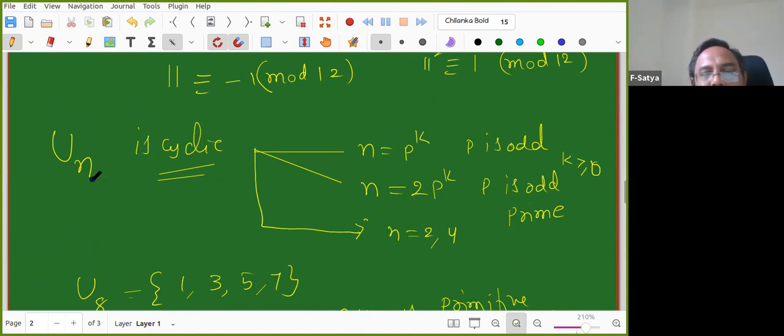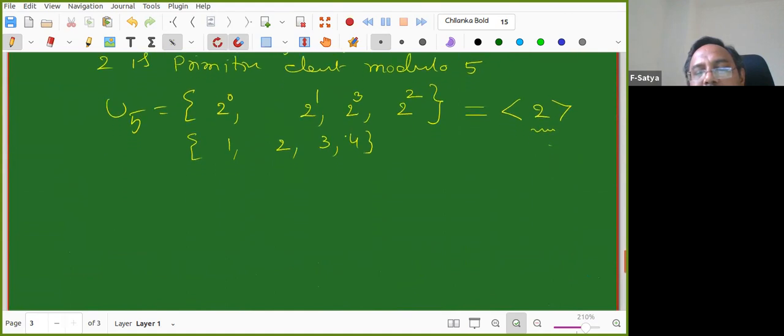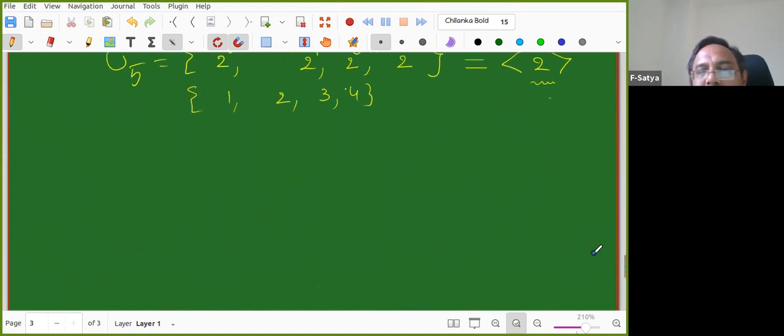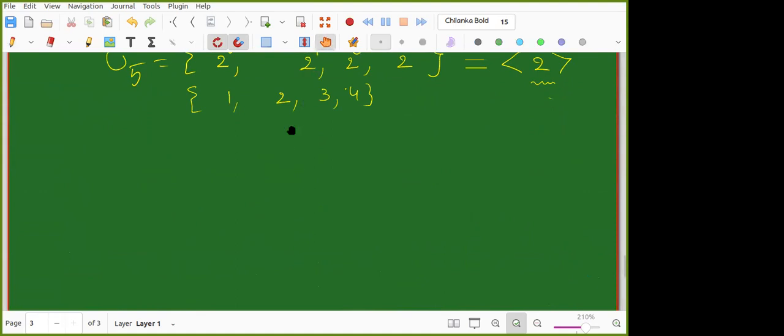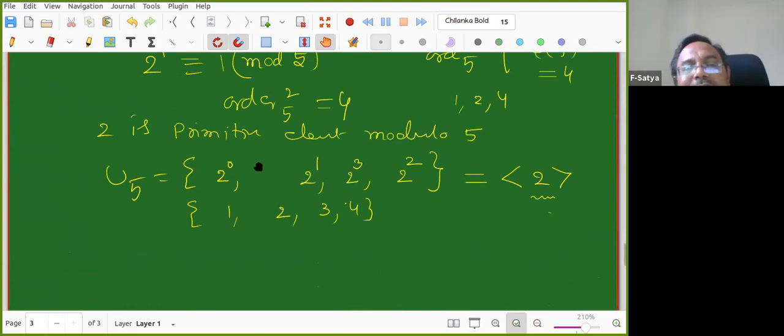So in particular, UP is cyclic, with k equal to 1. Every prime you take, UP becomes cyclic. But exactly what is a generator, what is a primitive root, is not that easy. Is it okay, Gaurav? Yes, sir. Of course, it is a fact only. I have not proved it yet, that UP is cyclic or has a primitive root. The case of 5 I proved.